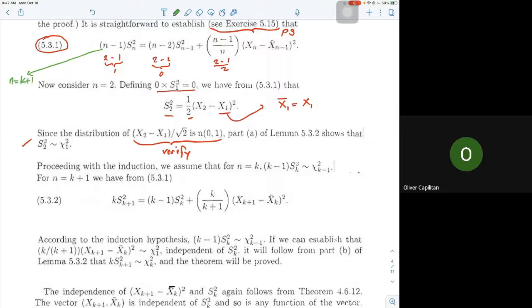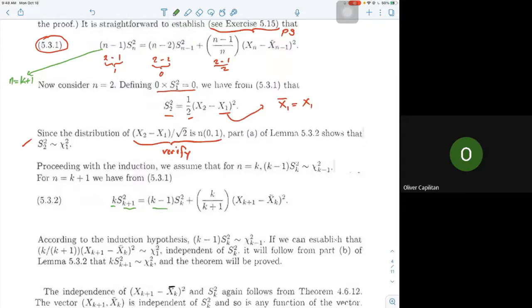So k plus 1 minus 1, then we have here k, and then s sub k plus 1 quantity square. And on the first term on the right-hand side of 5.3.1, we have k plus 1 minus 2, so we have here k minus 1, then we have s sub k square. And then on the second term, we have here